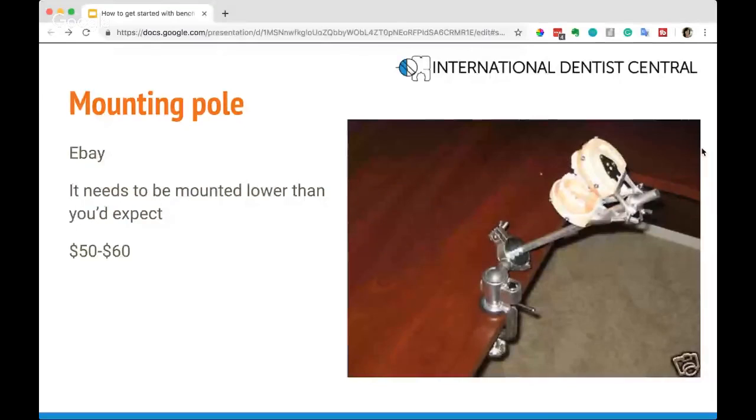Mounting pole. This very simple contraption is on eBay, $50 to $60 last time I checked. And yeah, this works fine for your home practice. Of course, you can get it more elaborate than that, but really this is all you need. One thing with the mounting pole is that the most common mistake people make is mounting it too high. Mount it lower than what you think it should be. And even though I'm showing you a picture of this being mounted on a tabletop,